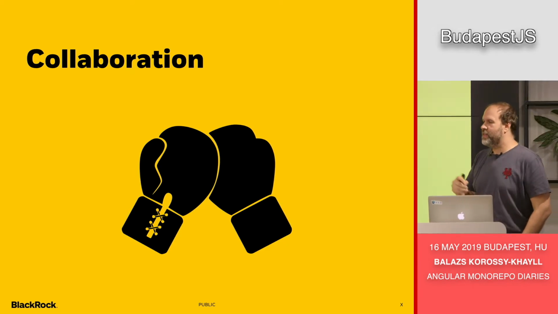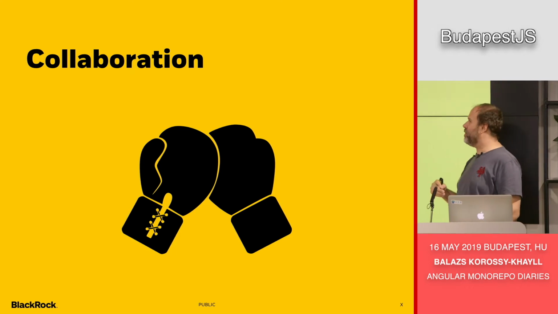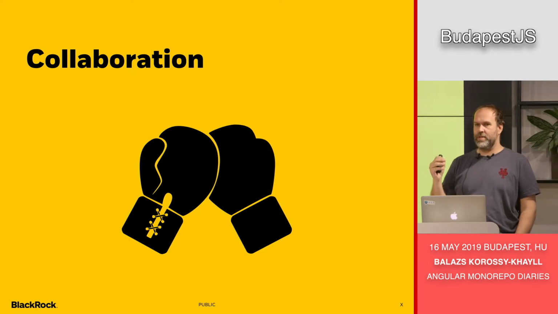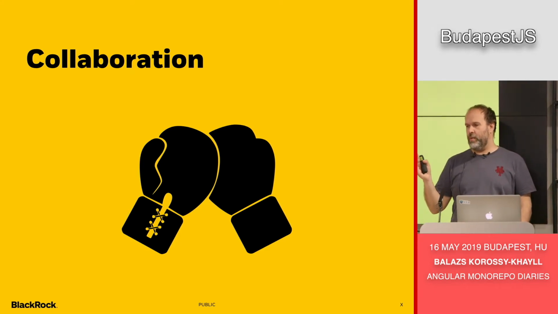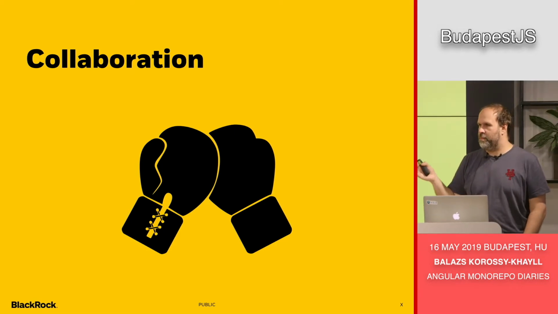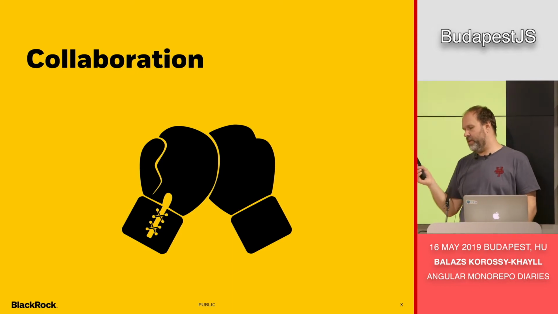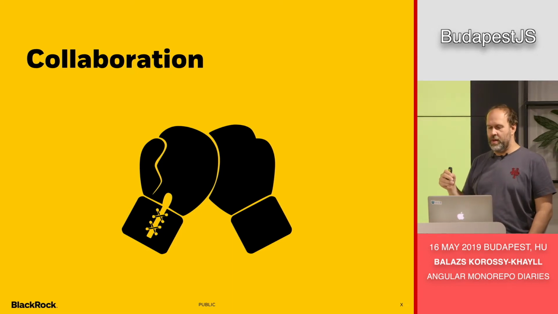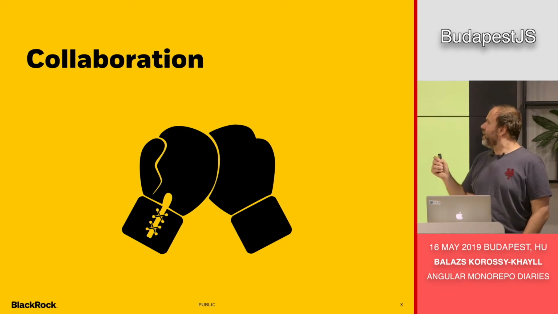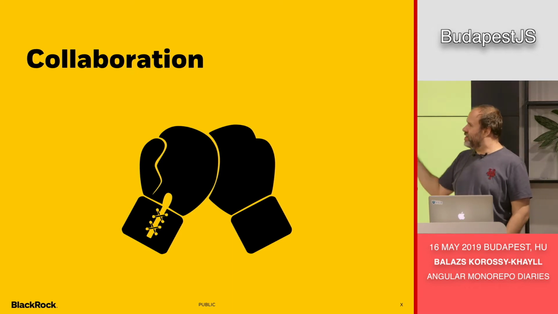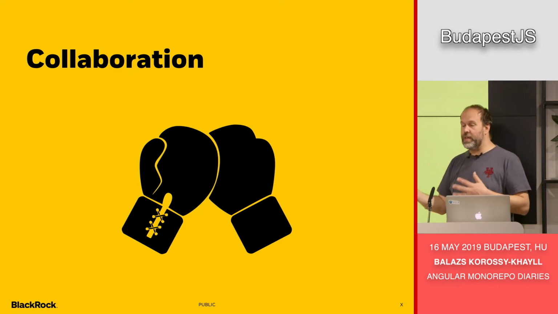So collaboration. So I think this must be the hardest part in the whole thing. Back when I studied computer science, one of my professors said that actually, when applying the theory, the problem is that you have no good example. And back then, I thought that, well, yes, because computer science is still young, and we'll figure it out in time. But the thing is that now I know that this is not going to change, because technology is changing. Maybe every month there's a new thing. So there's no good examples.